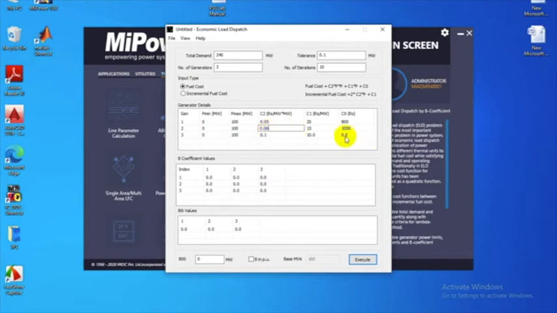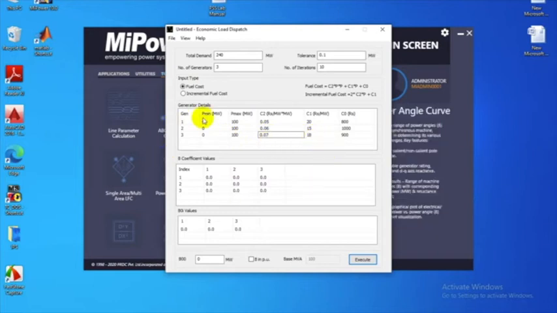Now coming to the third generator cost equation, C0 is 900, C1 is 18 and C2 is 0.07.